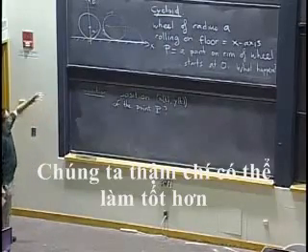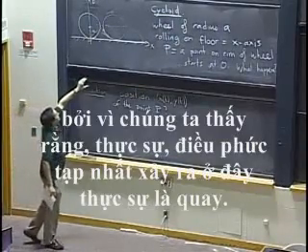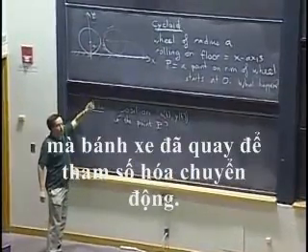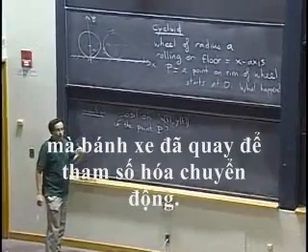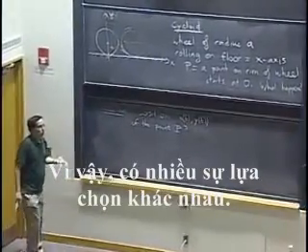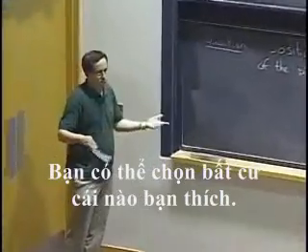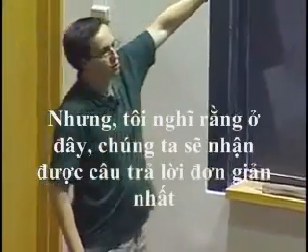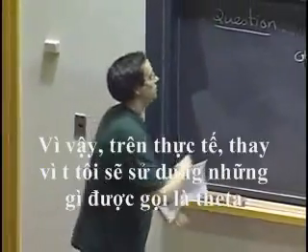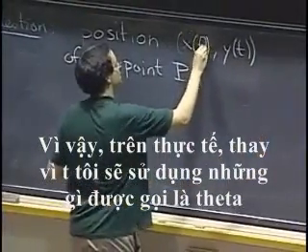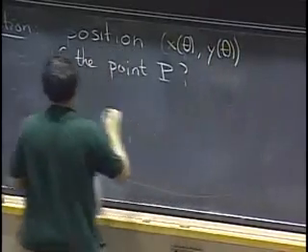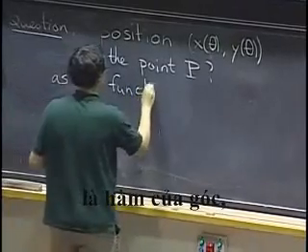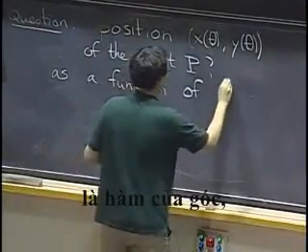Or we can do even better, because we see that really the most complicated thing that happens here is really the rotation. So maybe we should actually use the angle by which the wheel has turned to parameterize the motion. Okay, so there's various choices, and actually you can choose whichever one you prefer. But I think here we'll get the simplest answer if we parameterize things by the angle. So in fact, instead of t, I will be using, let's call theta, as a function of the angle